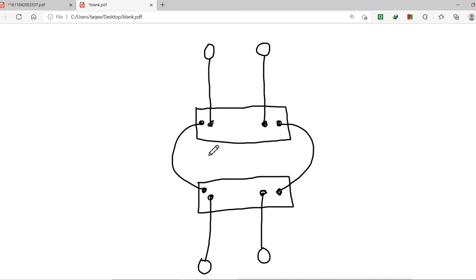Now this is the solution. Why? This is the solution of redundancy: if one link goes down, then the other link can take over. But instead of being a solution, it will create a big problem, because of this redundant link. Now how does it create the problem? It will create a layer 2 loop.